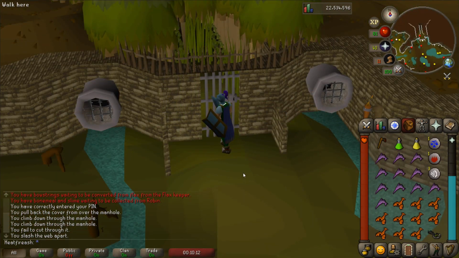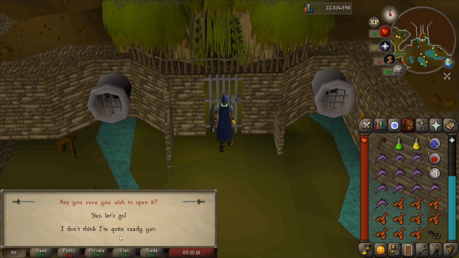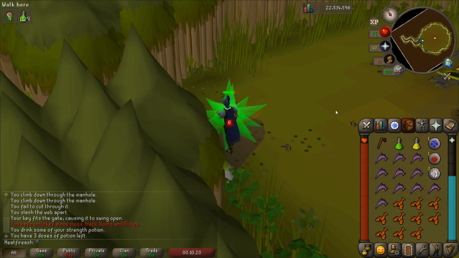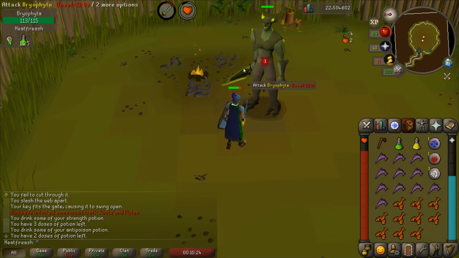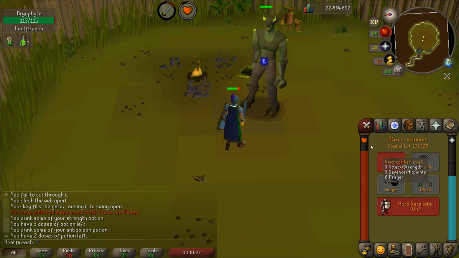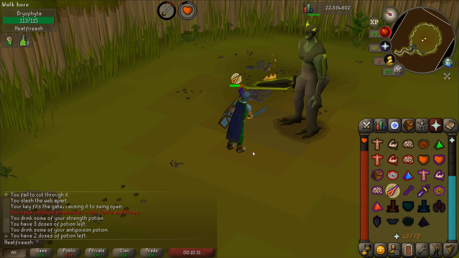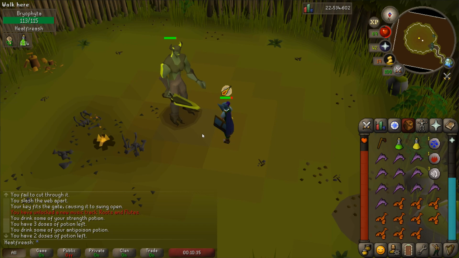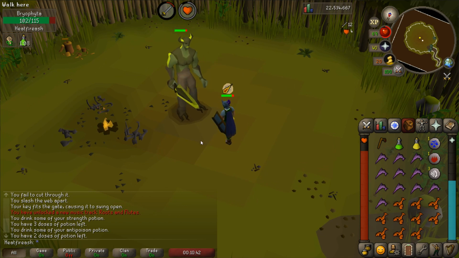Alright, now we are going to fight the boss. And go ahead and say, let's go in. Drink our strength potion. And drink our poison. And we're going to start attacking. And what we want to do here is also turn on Protect from Magic, because she will use a lot of magic attacks, so this is going to help us out here. And basically you just want to brute force her down,